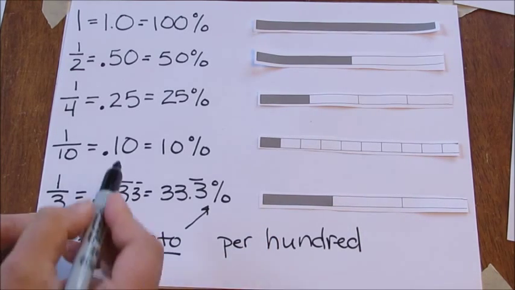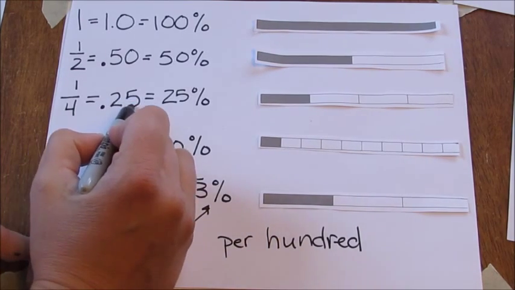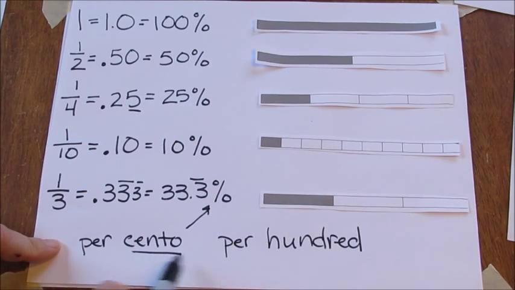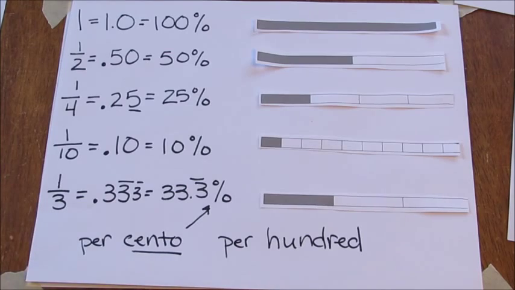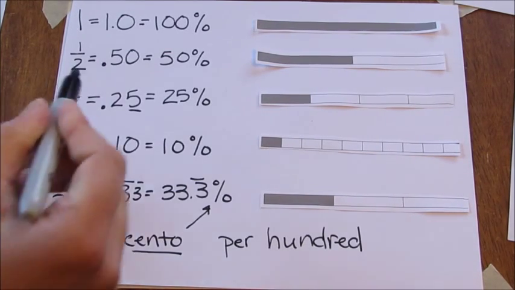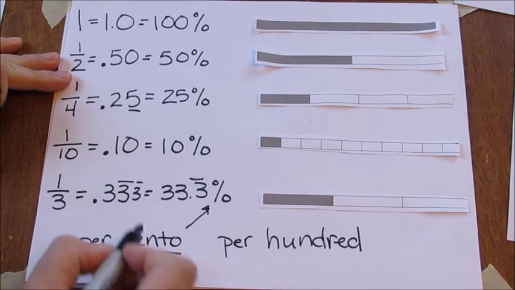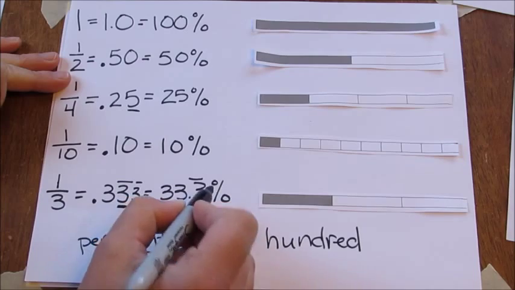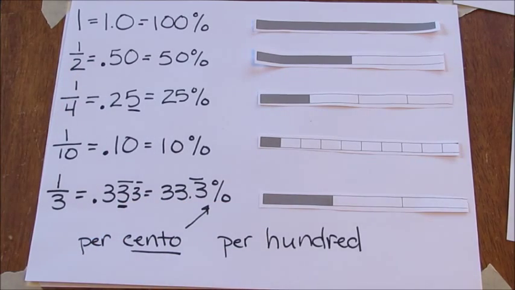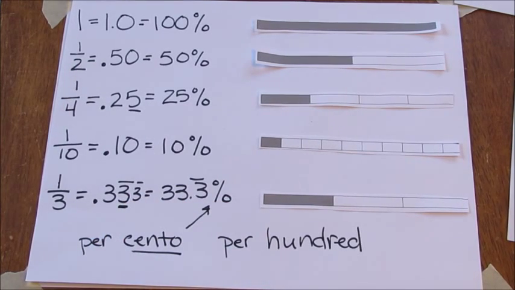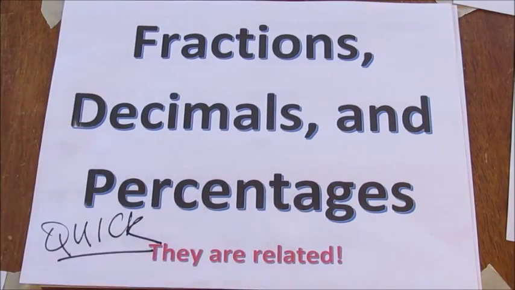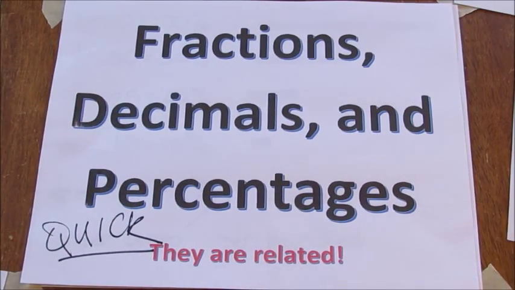We can remember when we look at our decimals, if we have 25/100ths, so 25 per 100, 25%. If we look at 0.33 repeating, we know we have 33.3/100ths, or 33.3 repeating percent. I hope that this has been helpful in our fractions, decimals, and percentages quick tutorial, and I